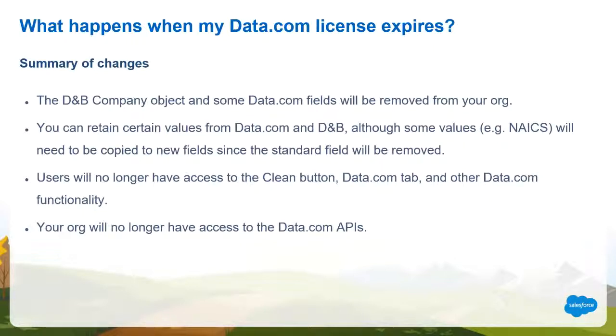And if you're wondering, oh, wow, I actually have a Performance Edition contract that goes beyond July 31st, 2020, we go back to what I said earlier, we definitely will honor all existing contracts, even if they go beyond that date. But at your renewal at that point, you wouldn't be able to renew with the data.com functionality.